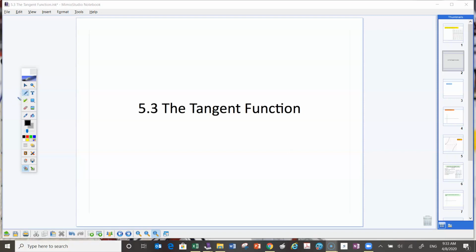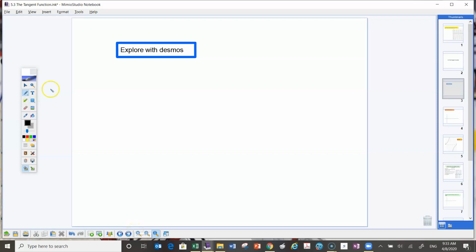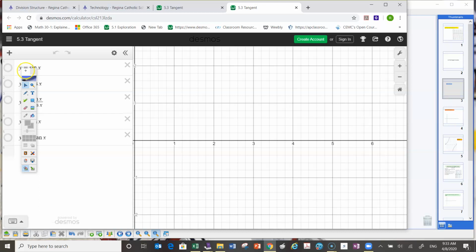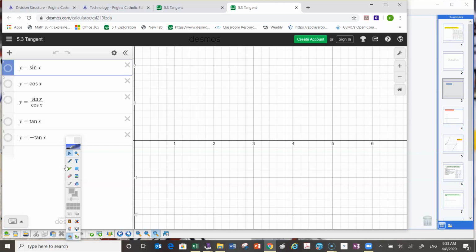In section 5.3, we're going to explore the tangent function. And to do that, we're going to look at Desmos, and then a little activity here. You can see on the left-hand side, we have a number of different functions entered into Desmos. The first one is sine x, and if we look at our sine x graph, it starts at the origin